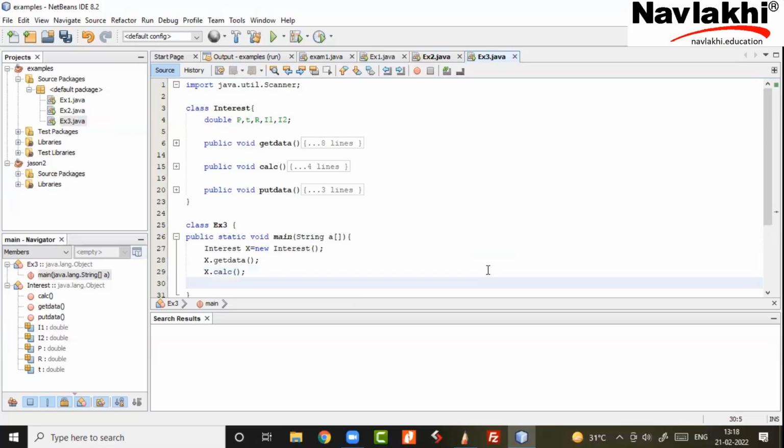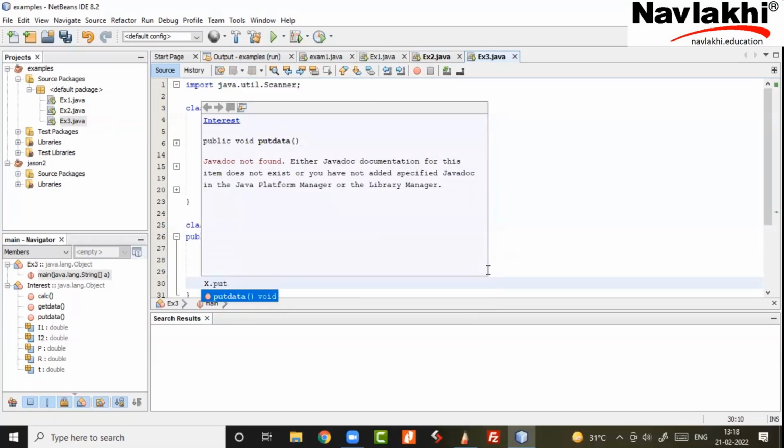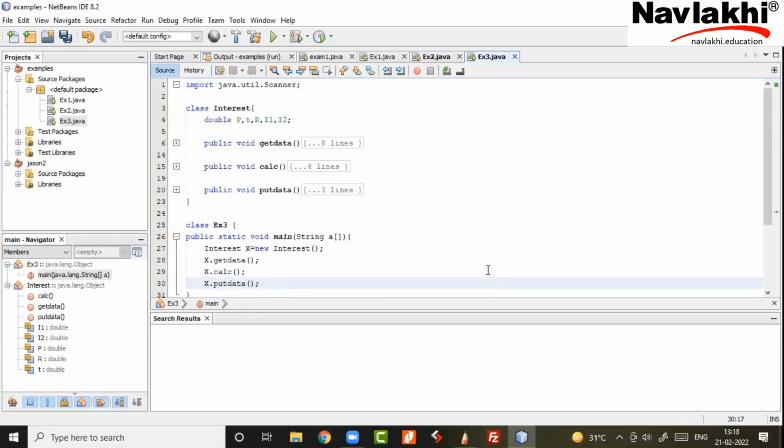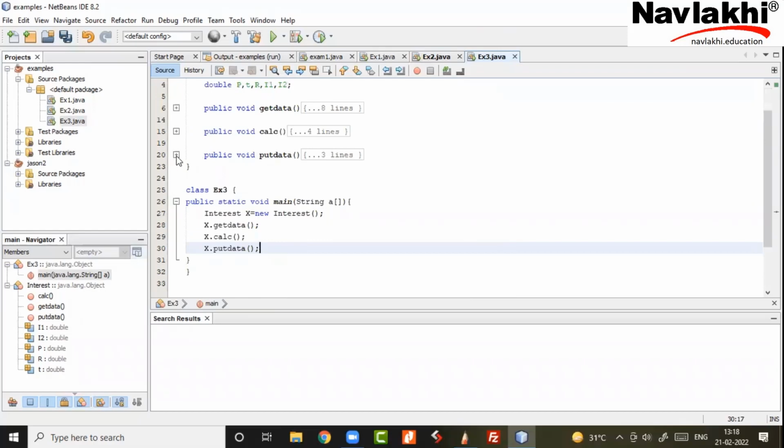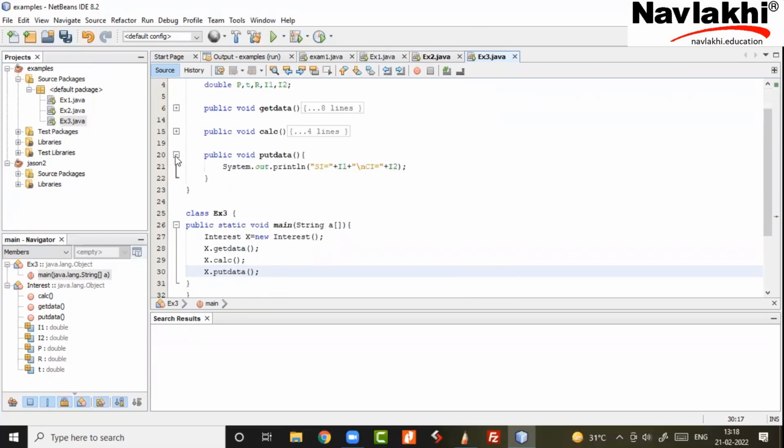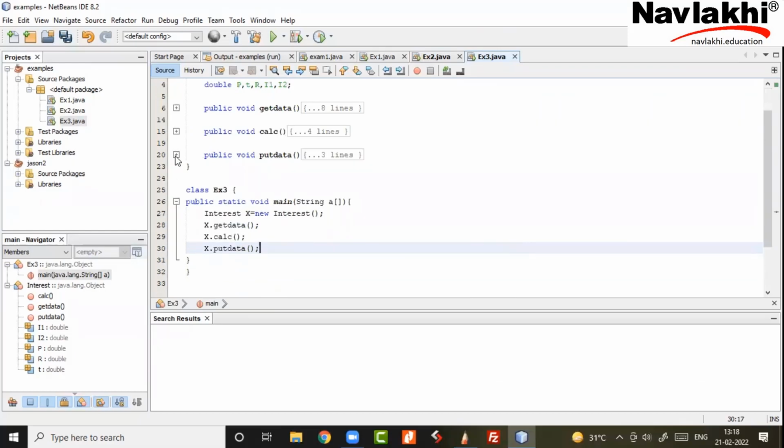Then we will call put data. Put data will run and it will come back. And then we can just print put data, right? Put data, yes, put data itself will print. We call put data, it gets printed. That's what put data is doing. I don't need to print. Okay, acha, sorry. Yeah. Correct.